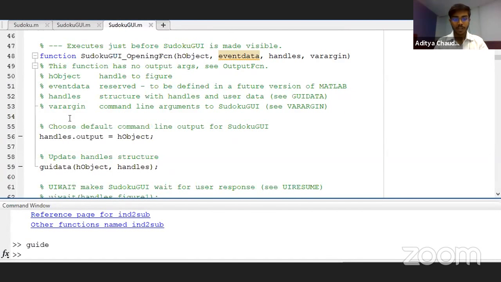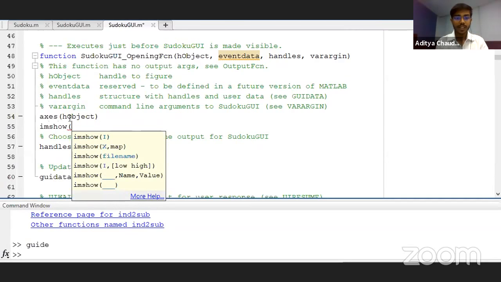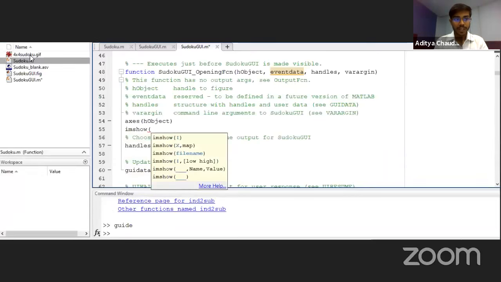So we'll be doing access object. And in the next line, we'll be showing an image which is already present in my folder. As you can see on the left side, in the current folder, you can see a 4x4 image. So I'll just quickly add that image in that part.